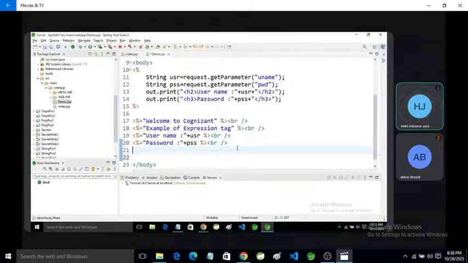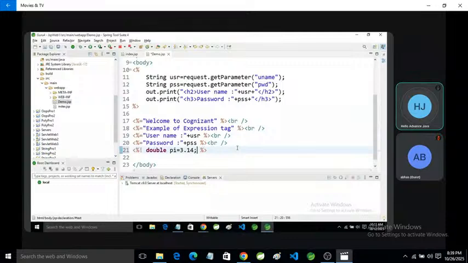Declaration tag. Let's suppose here we declare, for this purpose we use this, and here I declare a double pi equal to 3.14.